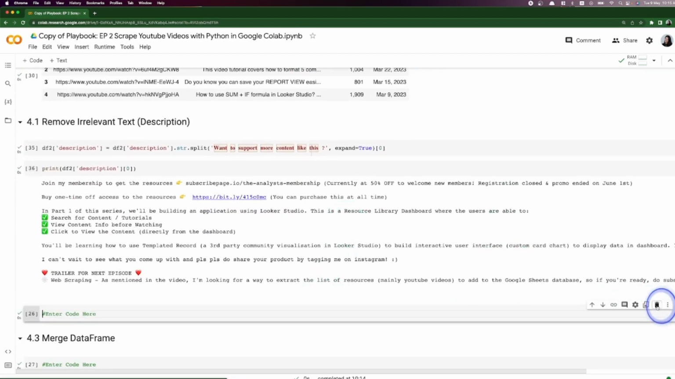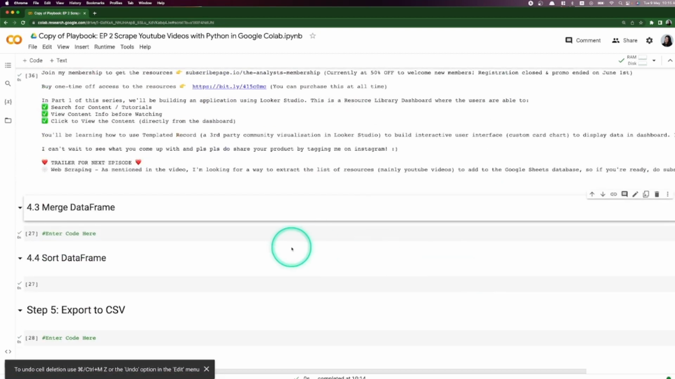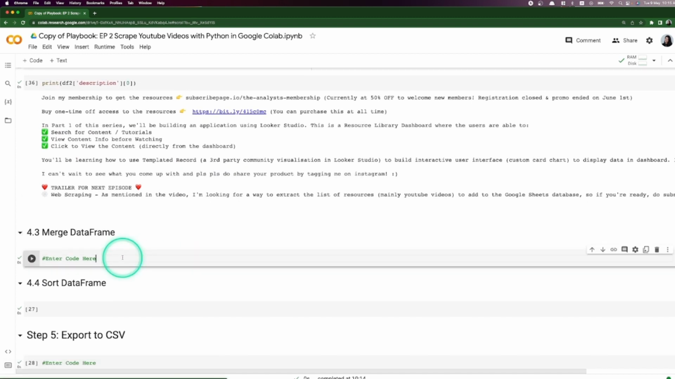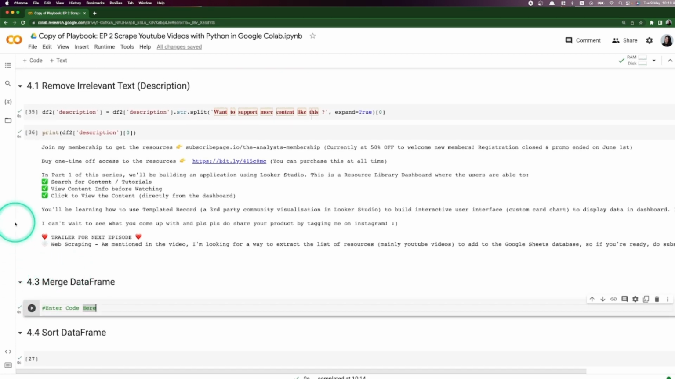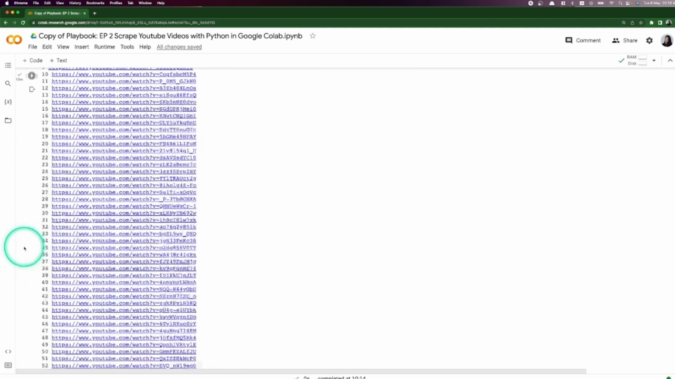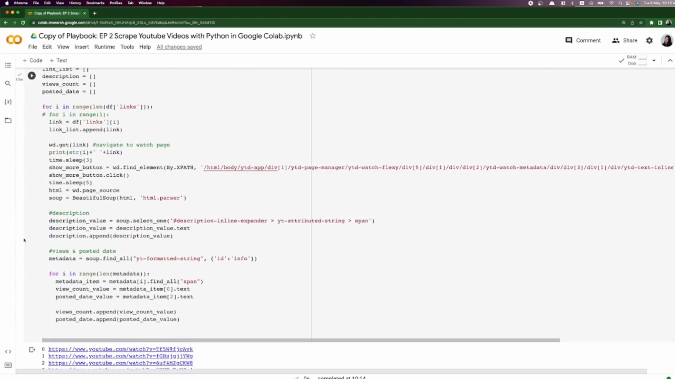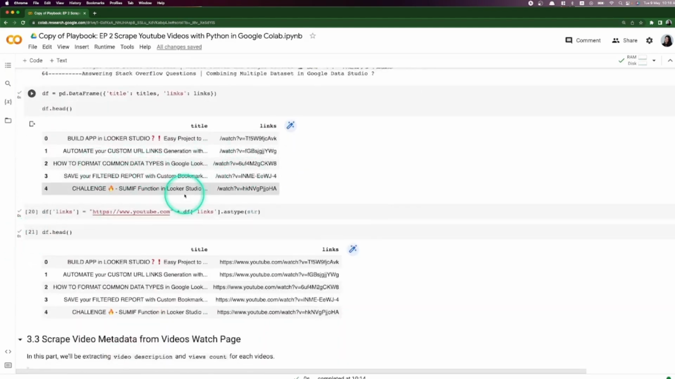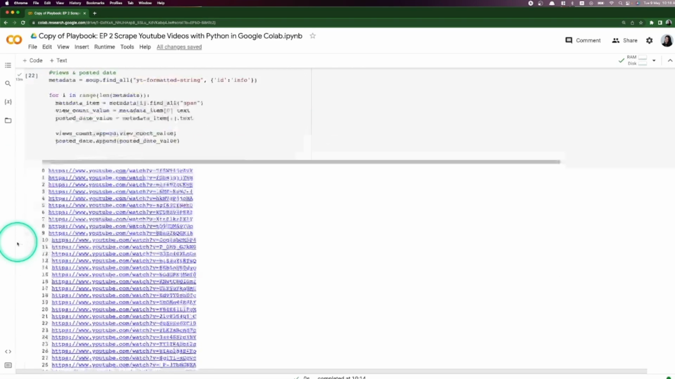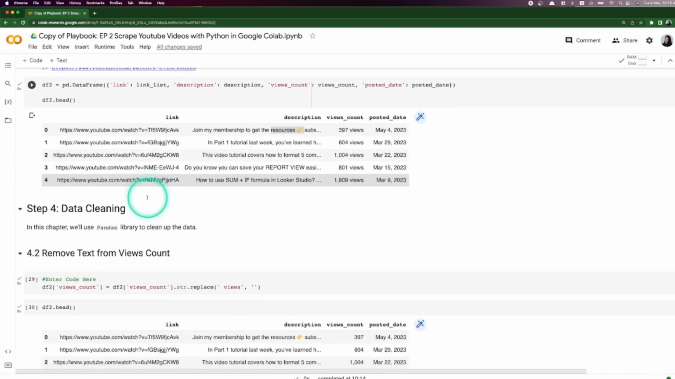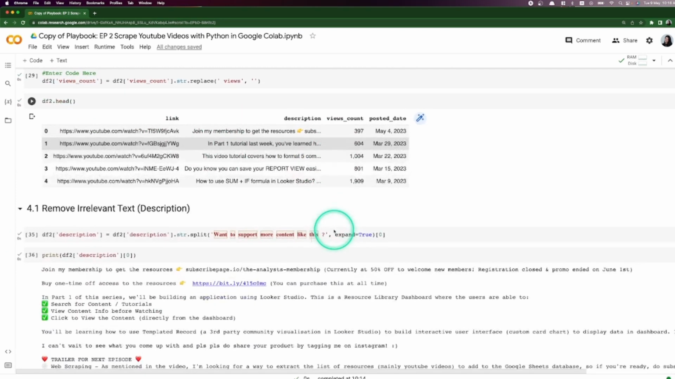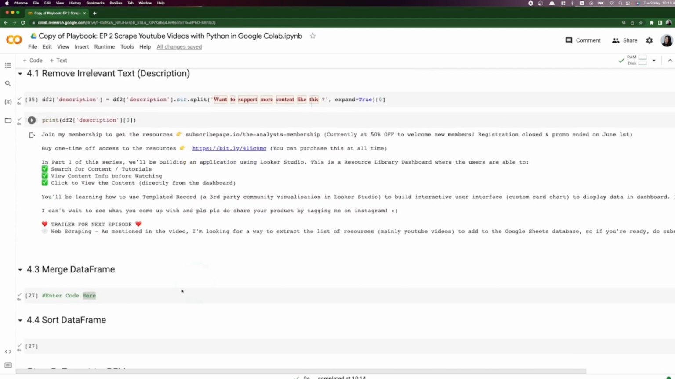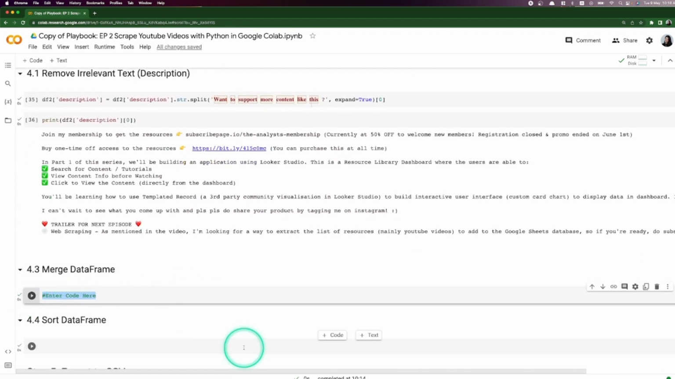And these two, I can actually delete them. Last but not least, we want to merge the data frame. Before this, we have the first data frame, which contains the video links and the video titles. This is assigned to df, and then we have the second data set, which is what we have just cleaned up. So right now I would just merge them